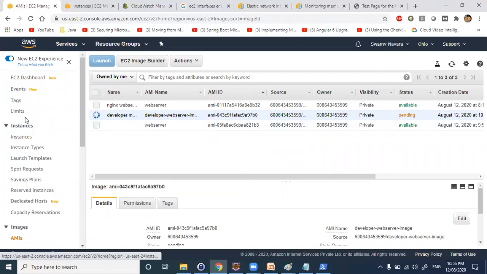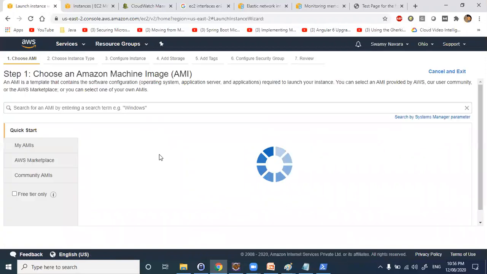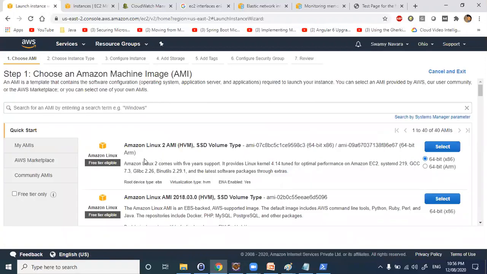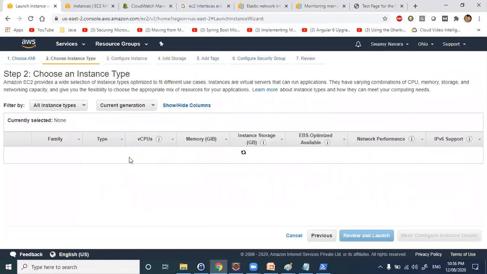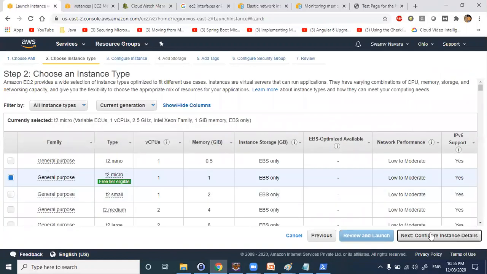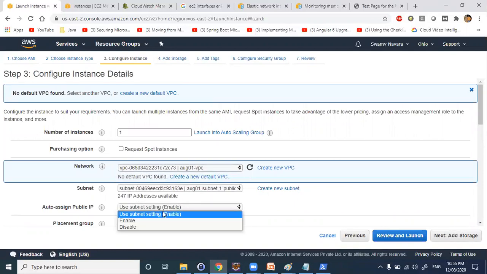So before that, let us launch one more EC2 machine and install Nginx server directly through the user data bash script. Okay. So last time we tried for the Windows host machine, right? It didn't work out. Now let us see that one. So quick start here, right? Suppose if you want to launch through an image, we can do it from here. Okay, so we'll do it next time. So general purpose, public subnet, enable.